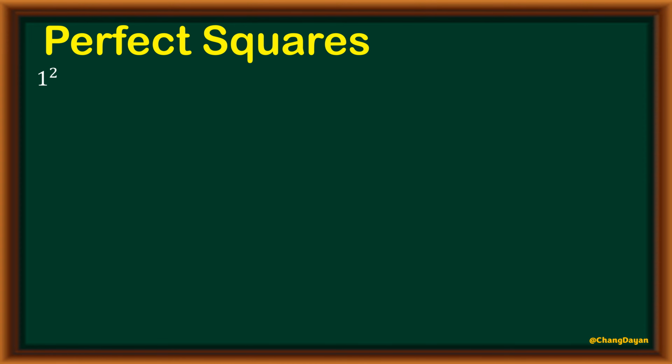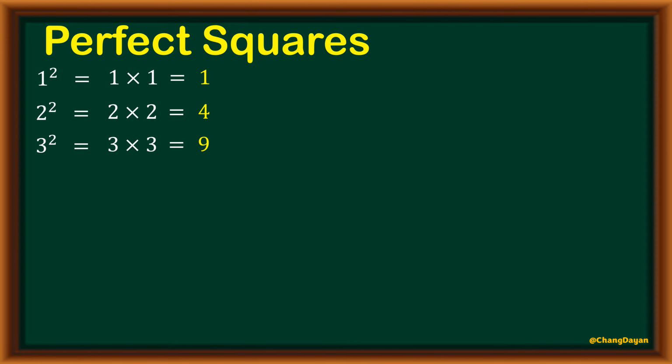Now let us list all the perfect squares from 1 square until 15 square. So 1 square, that means 1 times 1. It's not 1 times 2, okay? And that is equal to 1. Next, 2 square is 2 times 2, that is 4. 3 square is 3 times 3. Again, that is 3 times 3, which is equivalent to 9. 4 square is